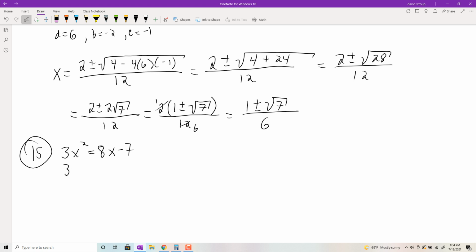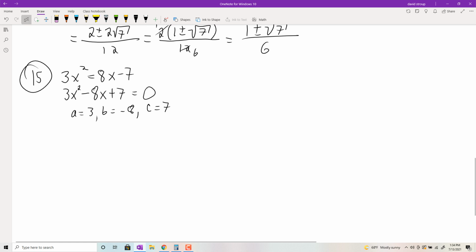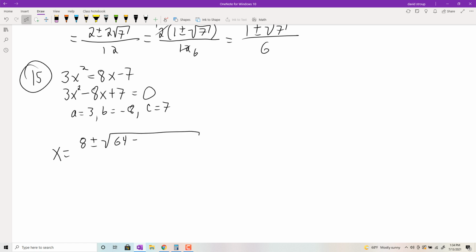So again, you've got to move the 8x over, as well as the 7. Then we identify your a, your b, your c. Okay. Go to your quadratic. x is negative b, so negative negative 8 is 8, plus or minus the square root of b squared, 64, minus 4 times a times c, all over 2 times a is 6. Let's get 8 plus or minus the square root of 64 minus 4 times 3 times 7 is 84, all